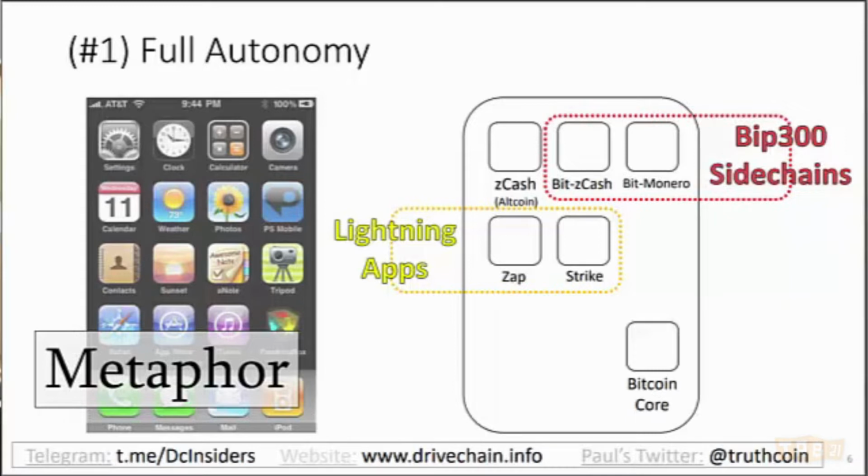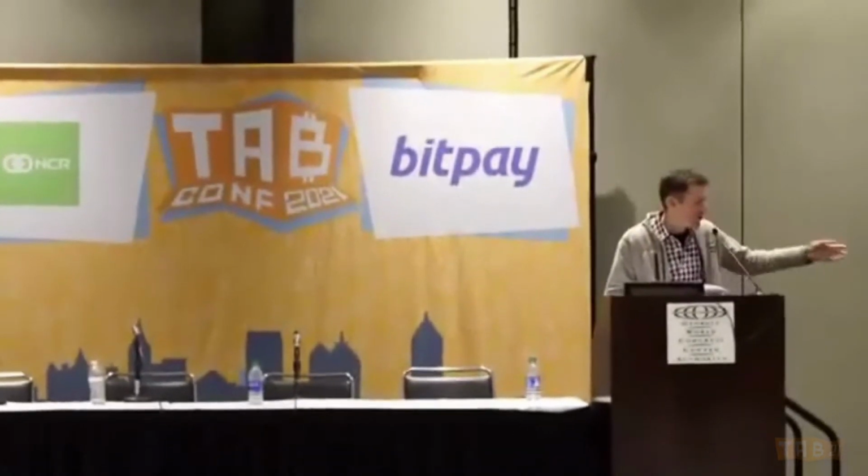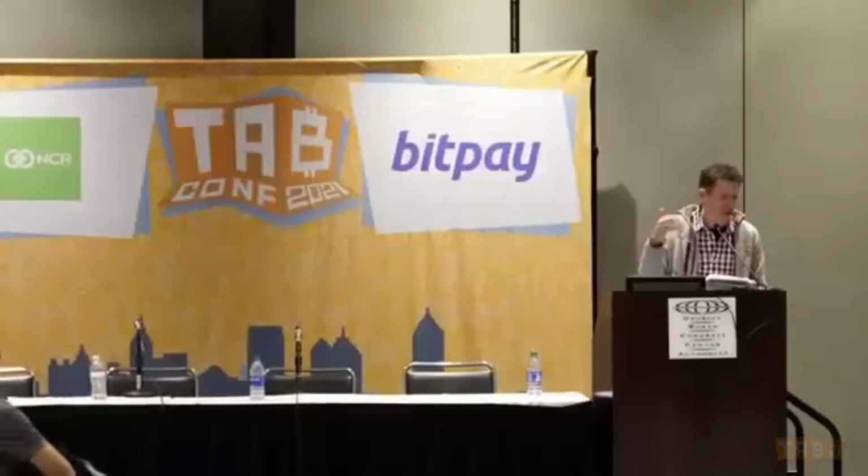Each app starts with 0 actual Bitcoin coins on it. So you write the app, but it has no coins on it at all. So it's very different from altcoins. We have Zcash in the top left with the purple coins. That is an altcoin. But right next to that, we have BitZcash, which does the exact same thing, but it has no coins on it yet. And so the users have to voluntarily choose to send their BTC over to these networks.